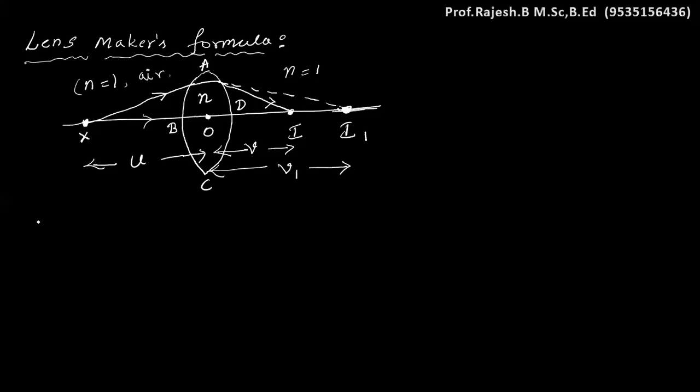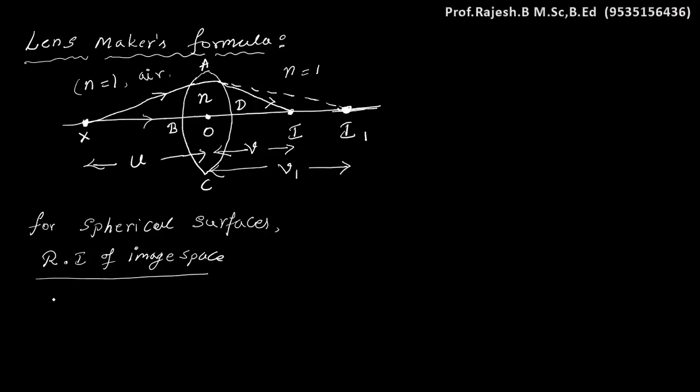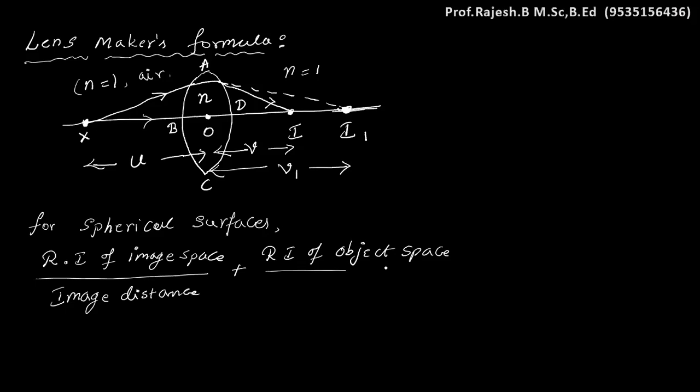For spherical surfaces, we have the general formula: refractive index of image space divided by image distance, plus refractive index of object space divided by object distance, is equal to